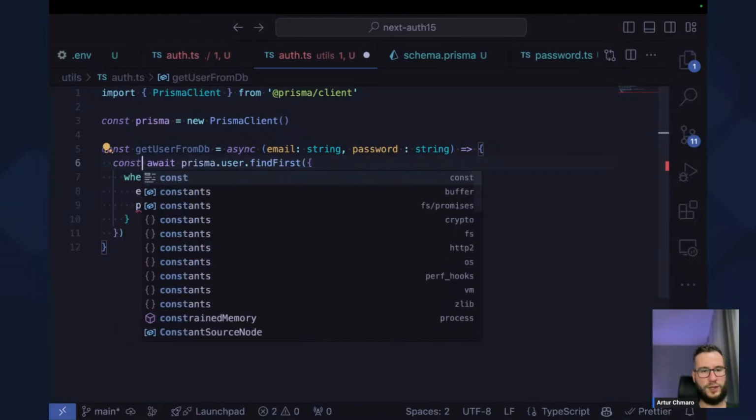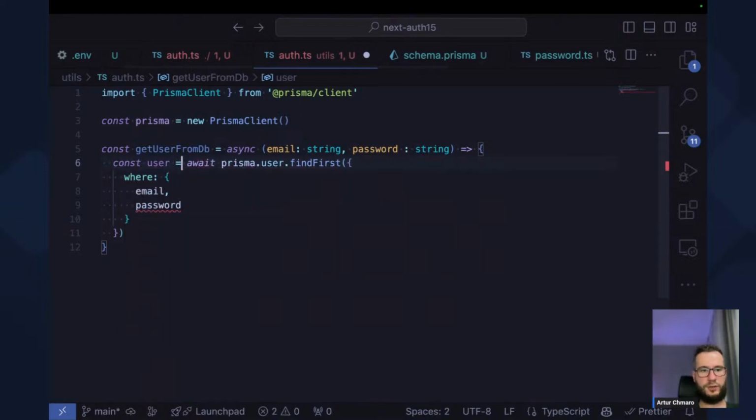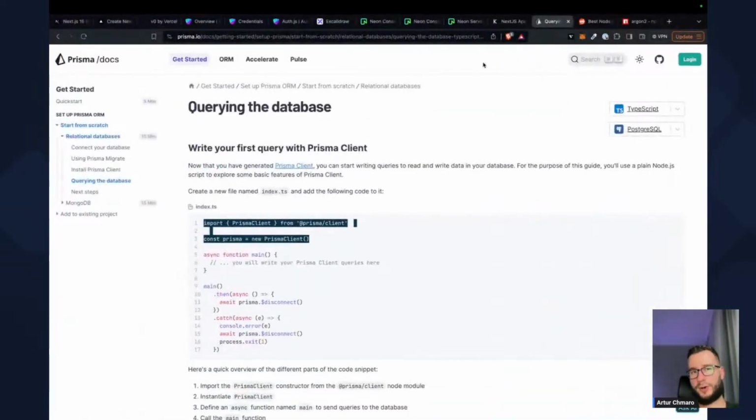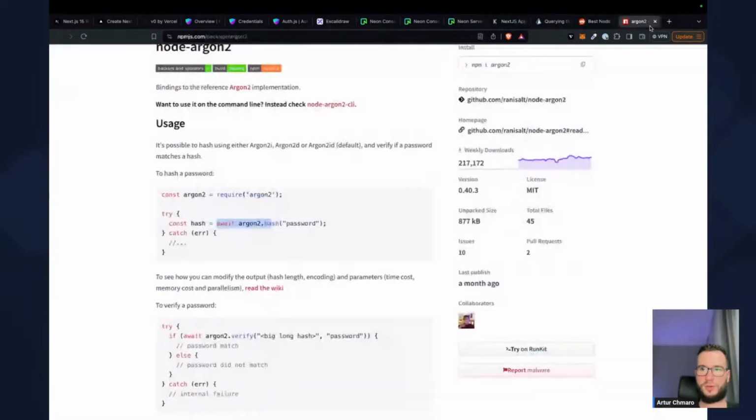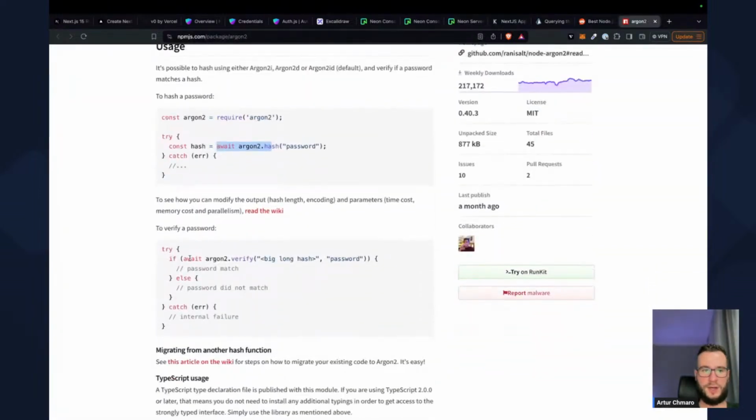So I will write const user equals await, and we'll just get the email address. And here we have to compare the hash that we have in the database with the password that was provided. So we have to again take a look at our Argon thing, and we have to verify